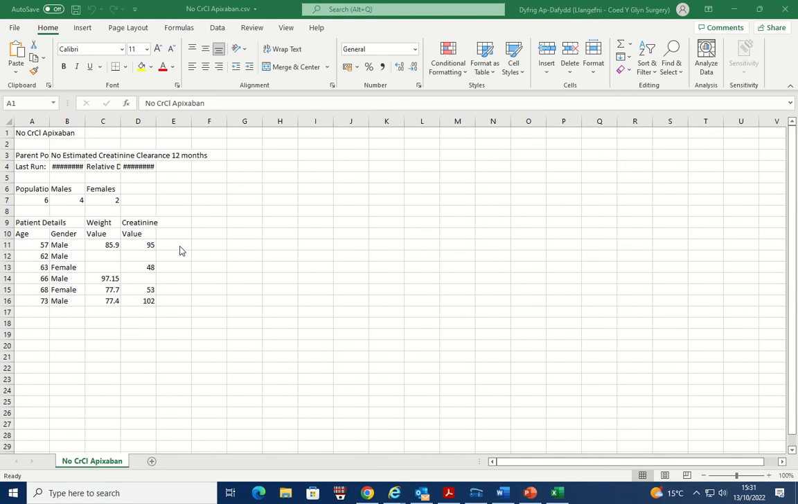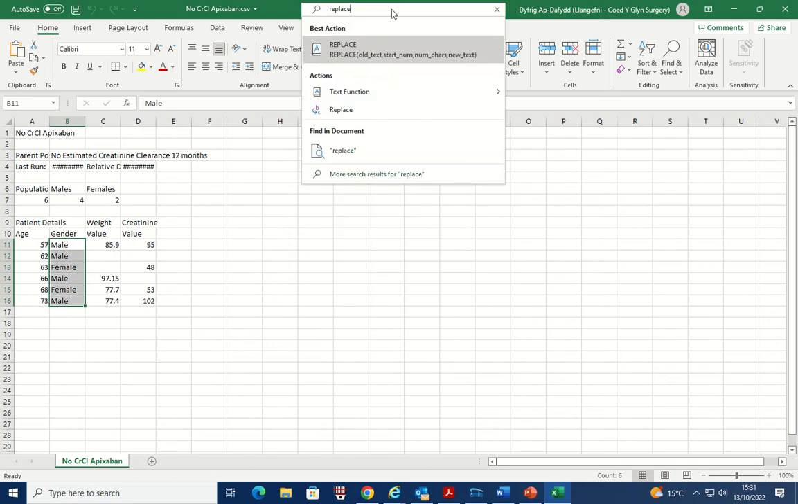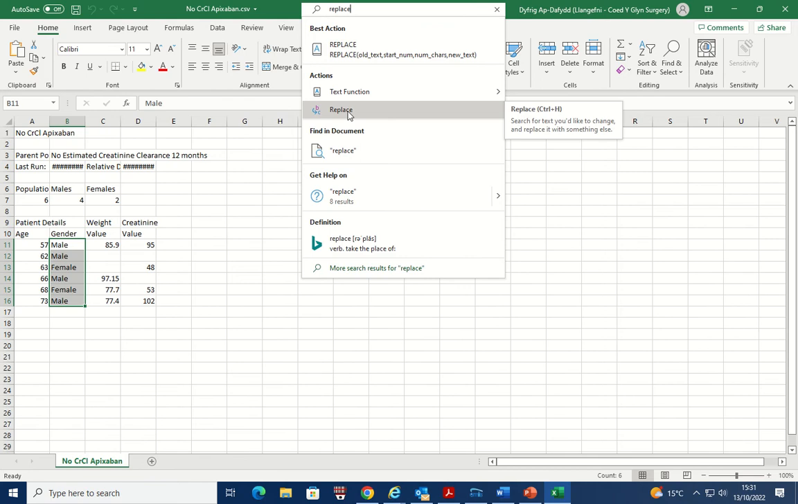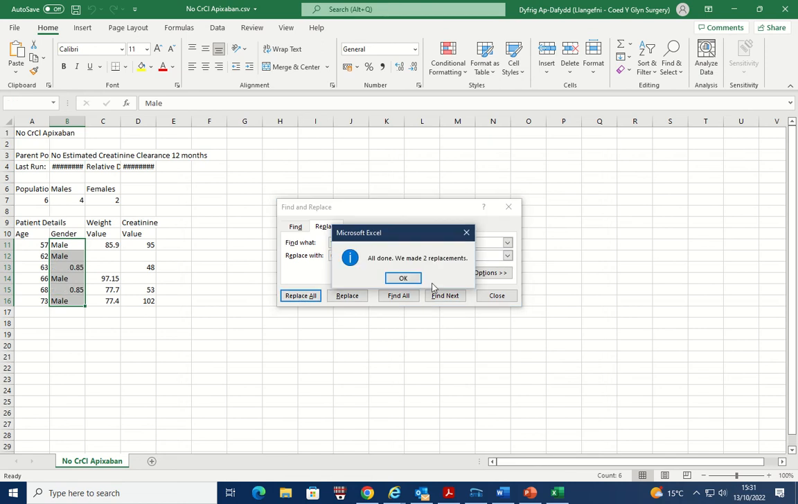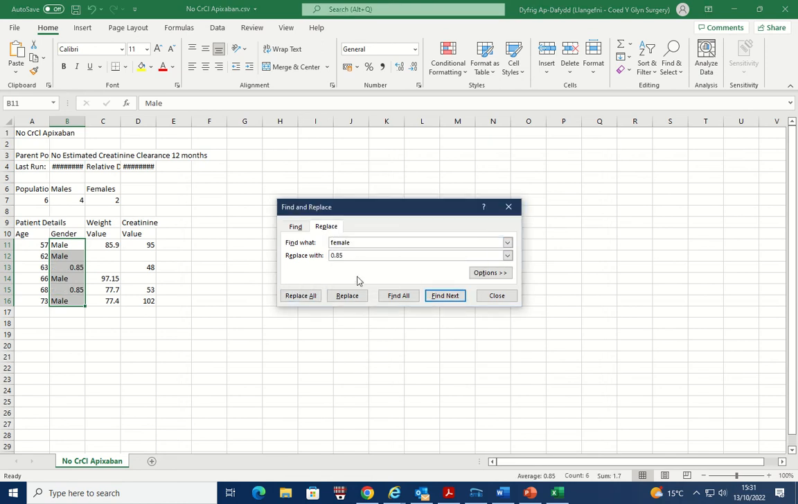So we'll choose this box here. Now we know that we actually need to convert male into 1 and female into 0.85, and Excel lets you do this quite easily. So you select the whole lot, go to Help and just type in Replace, and you'll see there's a function there that lets you replace B with C. So we're going to replace female with 0.85, and we're going to replace male with 1,